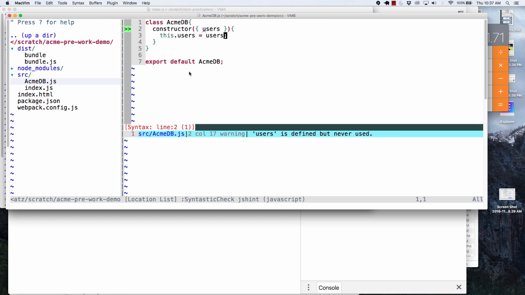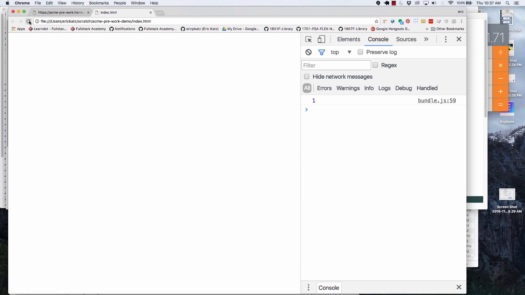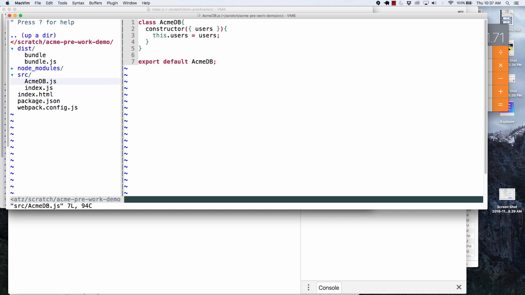What if I go back here to my index and move this down here? What I want to do is I want this to have an ID of 1. This is actually probably most of the work that's in here, and this is giving me undefined. So what do I really want to do here? A number of different ways to do this, but I'm going to go in here and specify